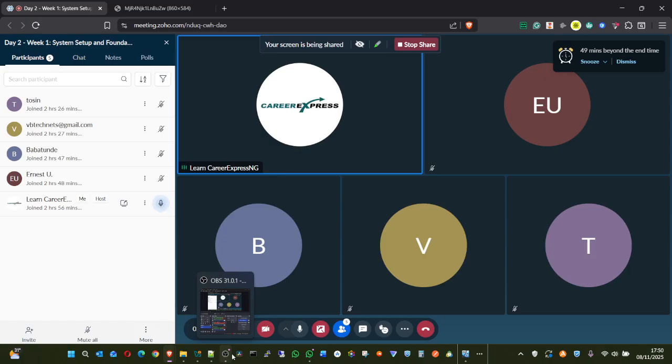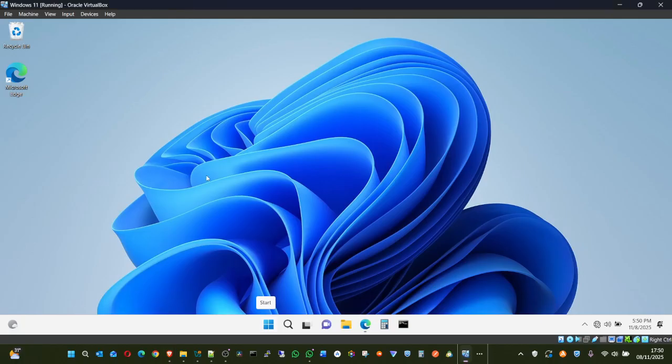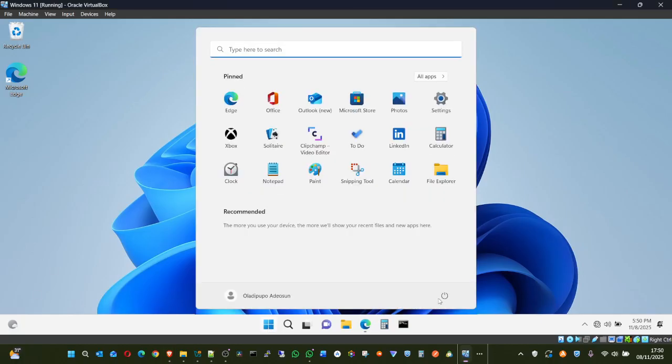That is where we'll now be able to address the question Babatunde asked the other time, which is on creating user accounts. Why are we creating user accounts locally right here? The right way we create user accounts.